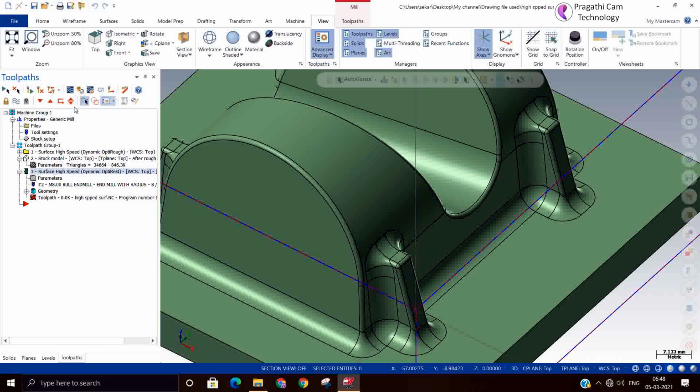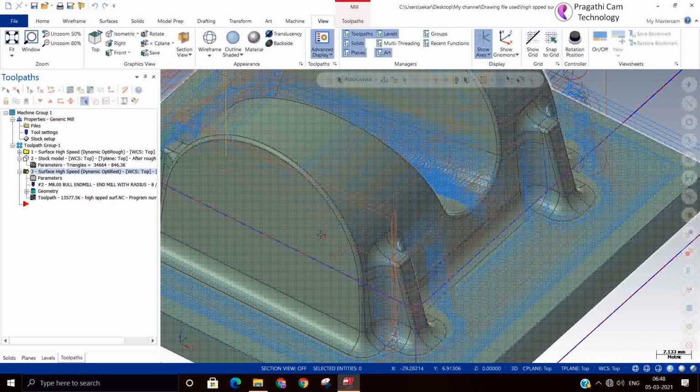So don't fix yourself to a single tool path. When the profile changes, your method also has to be modified. You should know all the options so that based on the situation, you are able to take the right decision for better tool path making. The ultimate aim is to reduce your machining time with efficient machining and without compromising the quality. That is our aim of programming.